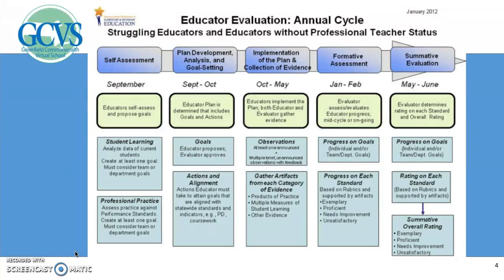By mid-October, all educators should have their goals completed along with action steps to reach them, approved by your evaluator. Together, these comprise the expected SMART goals. For those of you on a 1-year plan, be careful that your goals are attainable during a 7-month period, which is the implementation phase. Then comes the work of implementation and collection of evidence from mid-October to mid-May.